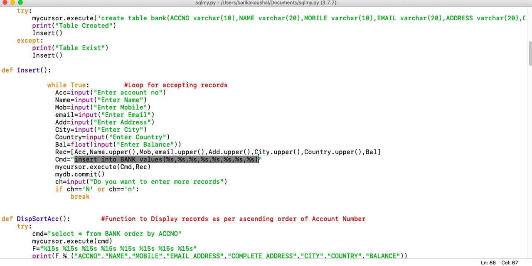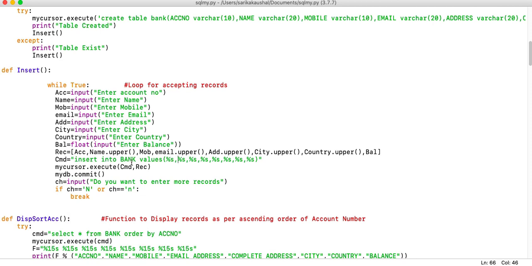Whenever I need to extract the value from the variable or the object, I cannot use these object names directly, because it has to come under the string option. Therefore, you are supposed to use %s.